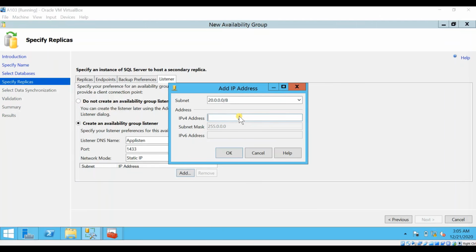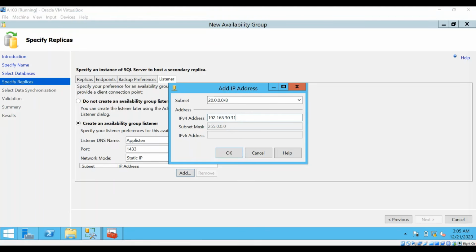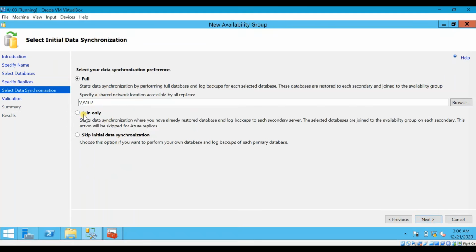So let me give it 192.168.30.31. So this is my IP address of this listener. Click OK, and we are good to go to the next step. You remember this name, app listen, where we connect to the SQL Server using this virtual name. Click next,